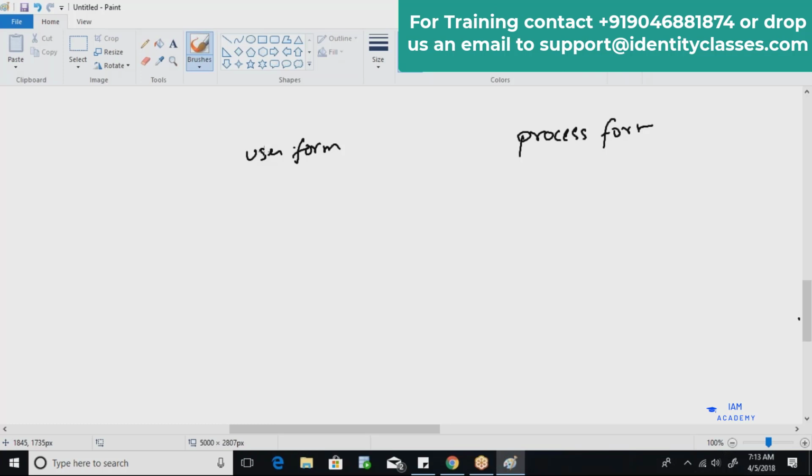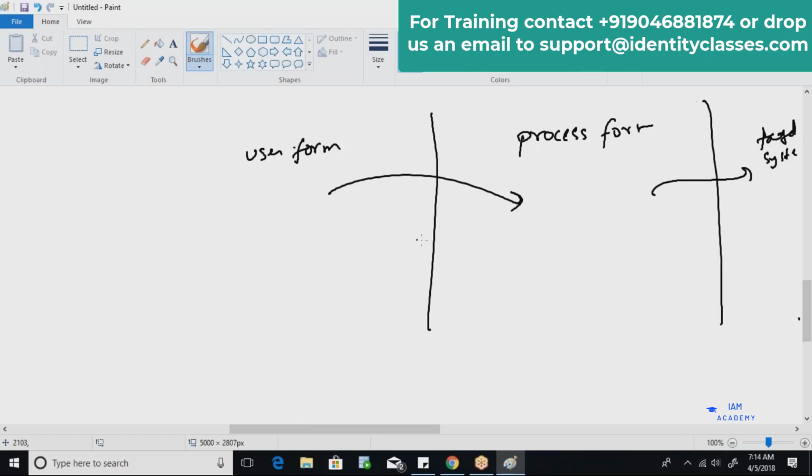A process form also contains information about a user, but it only contains those pieces of information which are required for the target application for which this particular process form has been created. So basically, from user form to process form and then from process form to the target system, there are two steps which we need to jump.